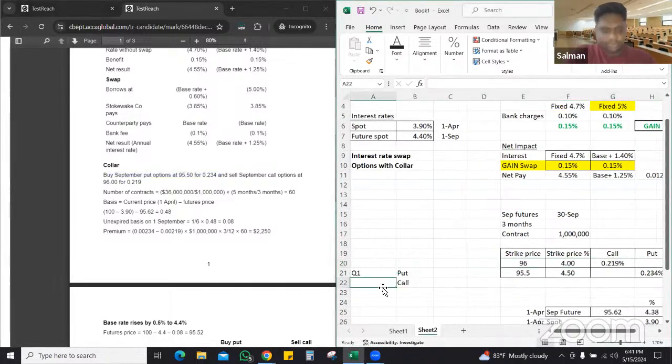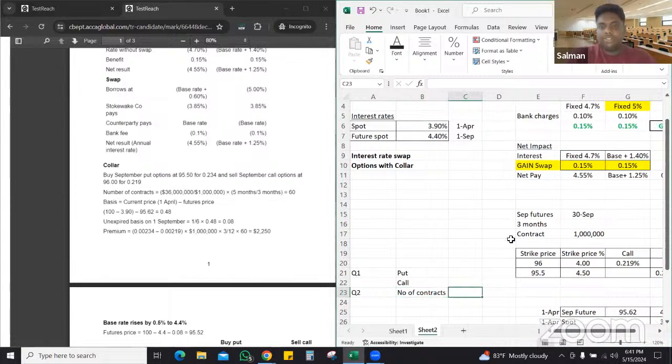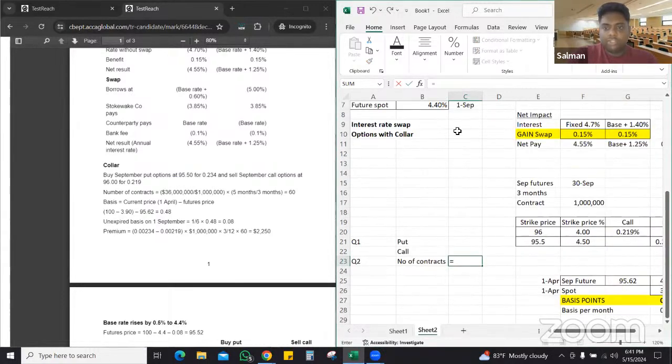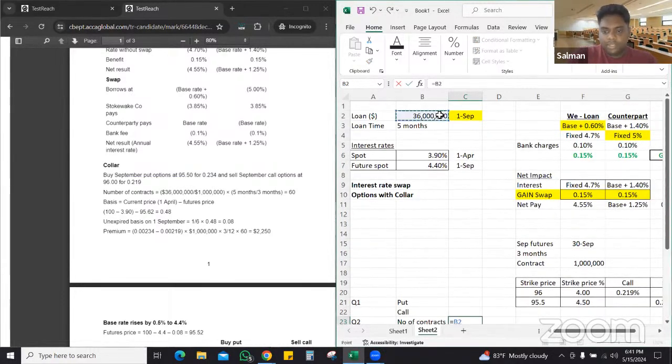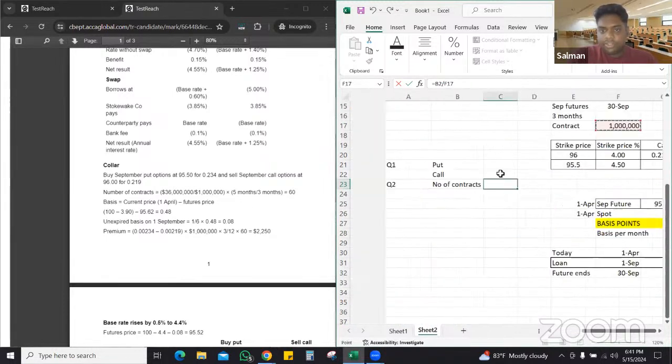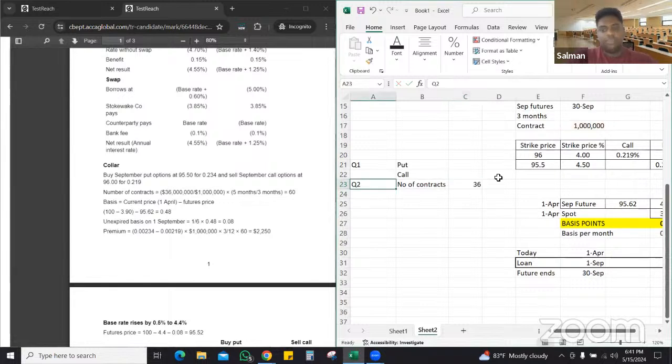Okay. Number of contracts. Students, you know, the amount we have to borrow is 36 million. Size of one contract is 1 million. Where is it? Here. So there should be 36 contracts. But